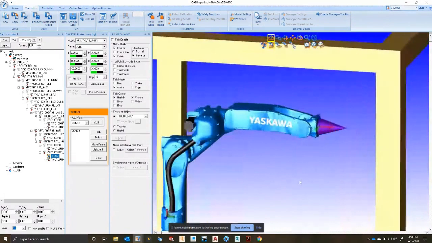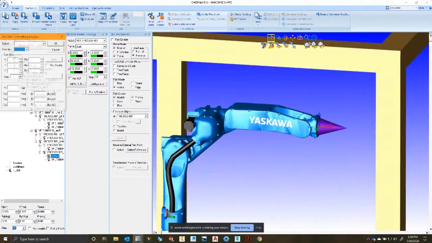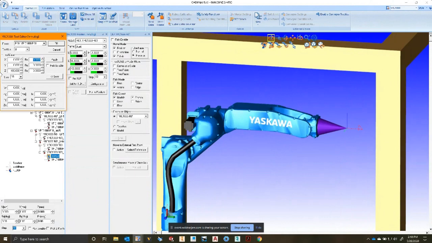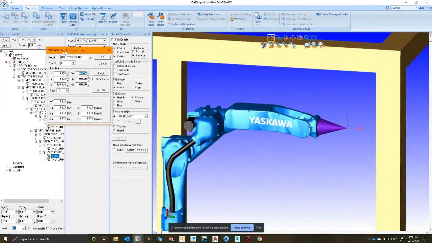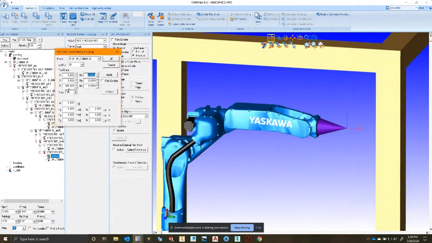So the tool has been created. Tool data, however, still needs to be done. So I may want to move the tool TCP point out to this. Well, we want it a little further out, don't we? So when you're working on tool data, by the way, the top half is the actual tool data